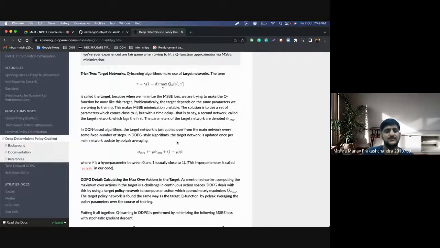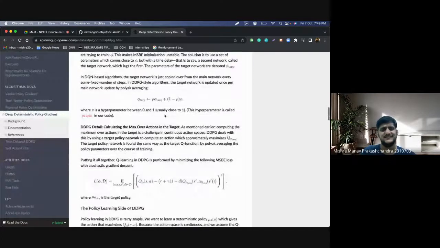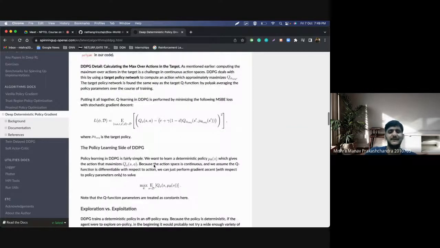Okay, so this is the only difference. You do a Polyak averaging, and instead of approximating the Q values for all the discrete actions, you are directly approximating the max over all the actions and then adding a noise to it, and then updating the gradients, right? Everything is similar, only two or three things are different. And it turns out that this change enabled people to use the power of DQN for continuous action spaces.